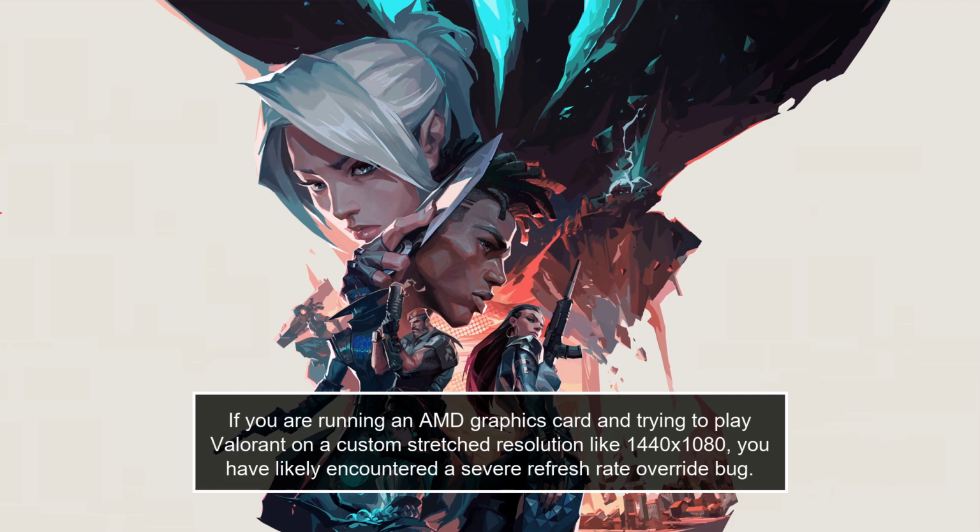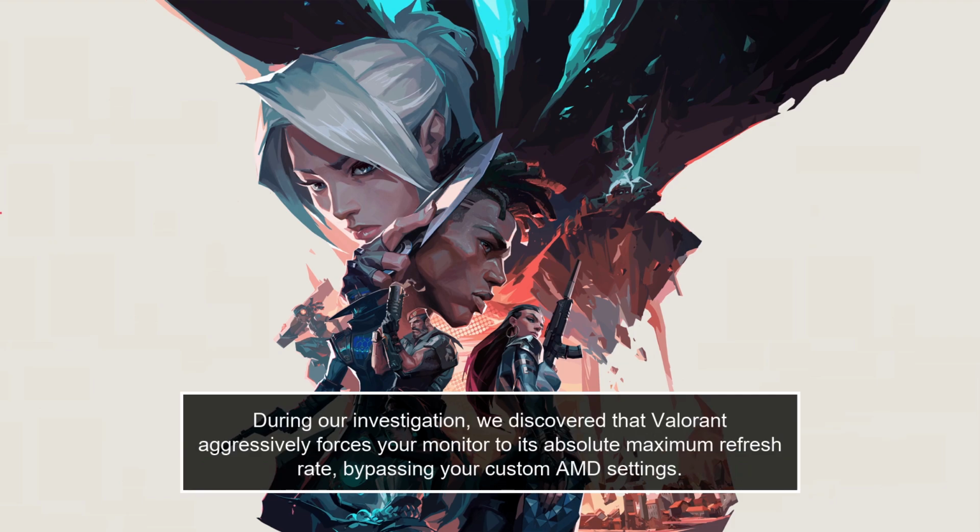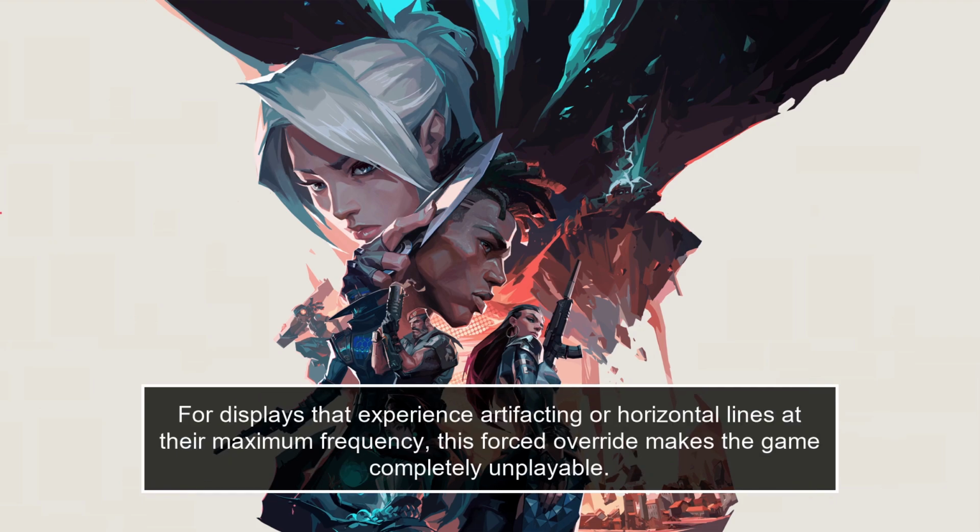If you are running an AMD graphics card and trying to play Valorant on a custom stretched resolution like 1440x1080, you have likely encountered a severe refresh rate override bug. During our investigation, we discovered that Valorant aggressively forces your monitor to its absolute maximum refresh rate, bypassing your custom AMD settings. For displays that experience artifacting or horizontal lines at their maximum frequency, this forced override makes the game